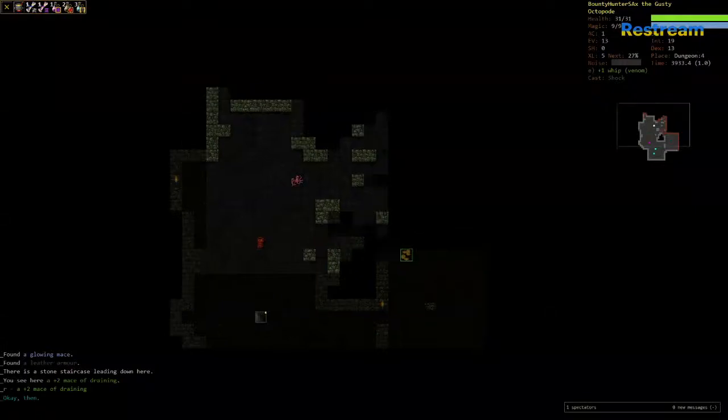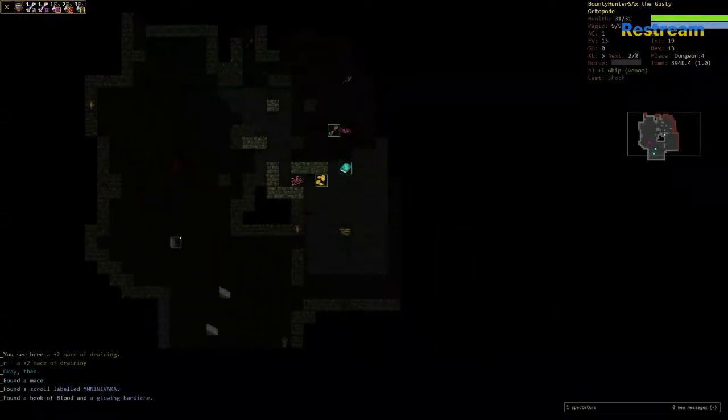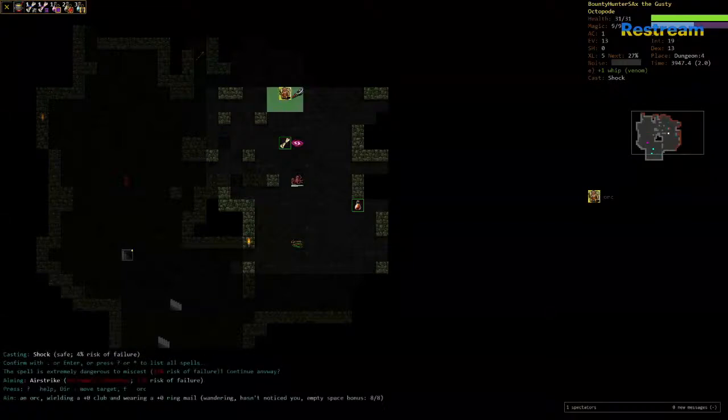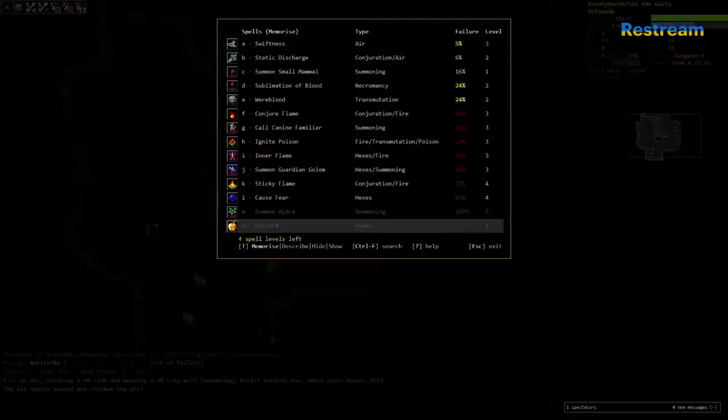I have a bandolier of different branded weapons now. Not that they'll ever actually be used, most likely, but I have options. Blood, Wereblood, Hydra. This is a good time for an airstrike. Okay. You could make the argument, I'm not, but you could, that I should cancel air at this stage and go full tilt summoner. Call Canine Familiar with a battery of firepower to be contended with. Summon Hydra is enough to get me through all of Lair if I use it in conjunction with Hydra plus minus the...